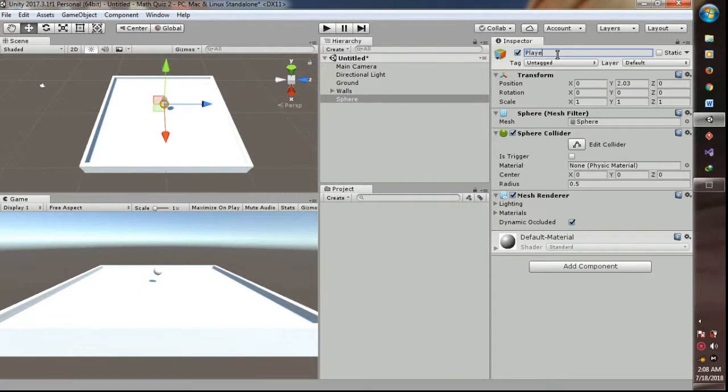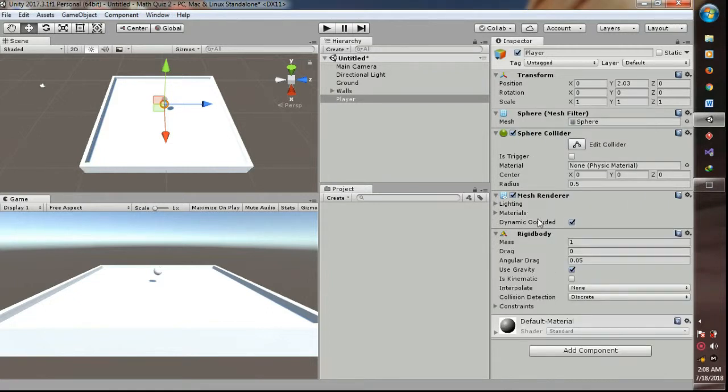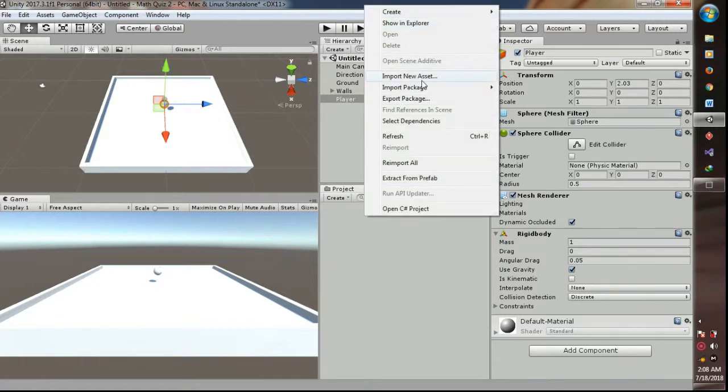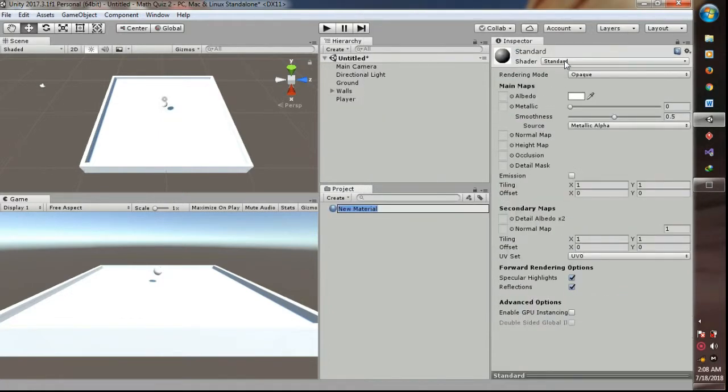And we change the sphere name to Player and click Add Component to find Rigidbody, so we can use gravity for the player. And in the project, we right click and create a material.